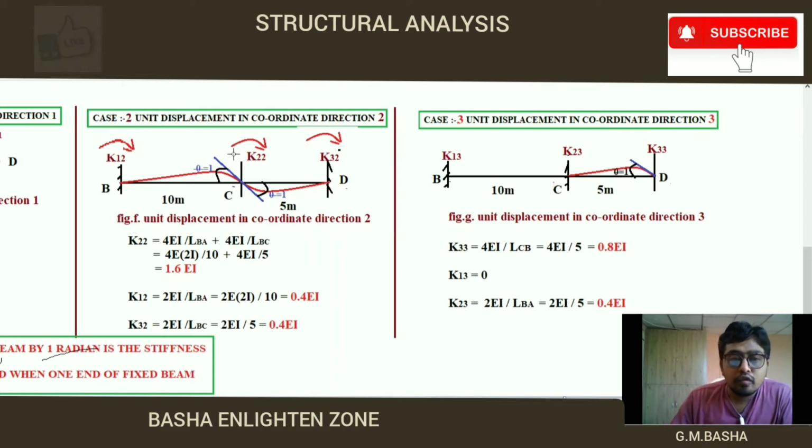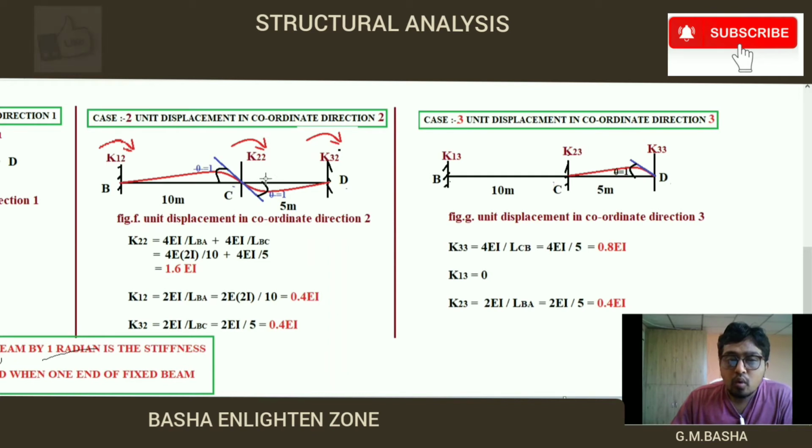See here, we are applying a unit moment at C, K22, that is equal to 4EI by L in the span CD plus 4EI by L in the span CB. Based on that, you will get rotational displacement on the beam like this, and similarly rotational displacement on the span CB like this. So here K22 will be equal to 4EI by L unit moment for span CB, similarly 4EI by L for span CD. Whatever the moment applied, you are just carrying half of the moment for the particular span CB to the other end, that is K12 equal to 2EI by L, span CB.